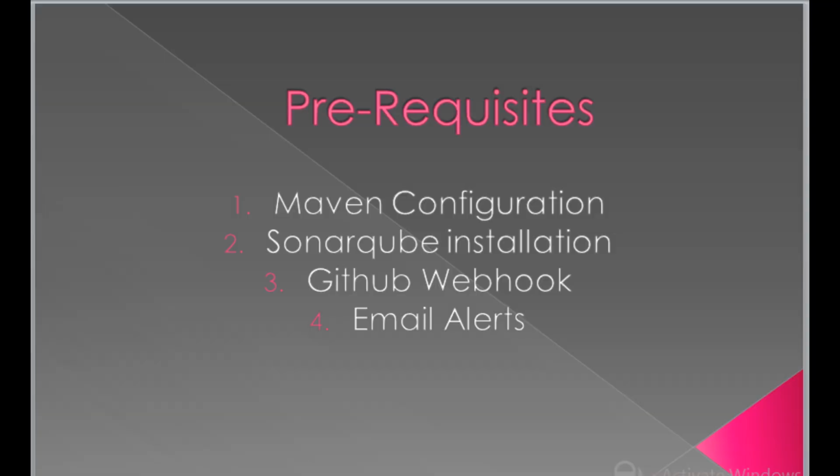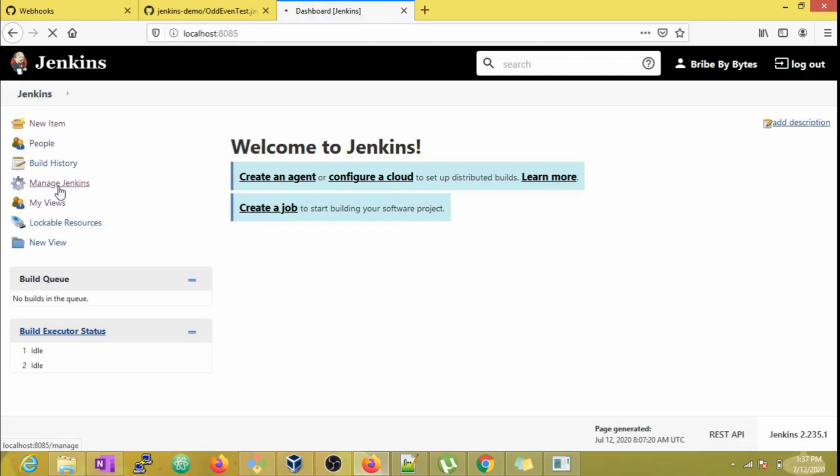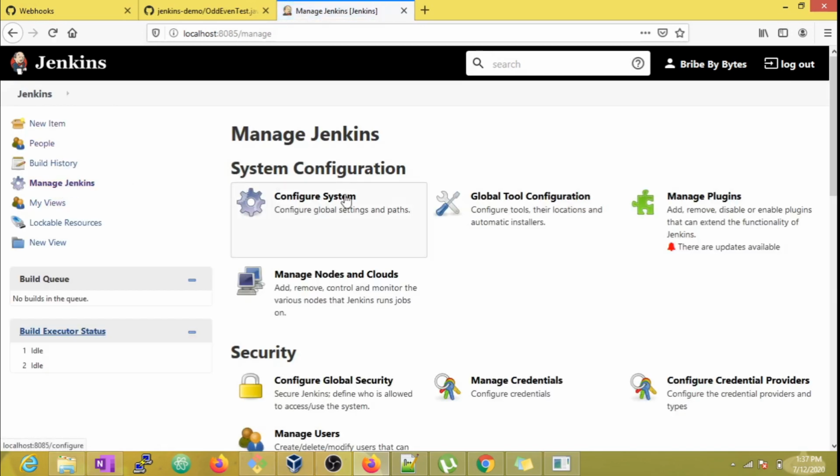Now let's configure the mail alerts for our builds. If you go to Manage Jenkins and Configure System, look for email notification.